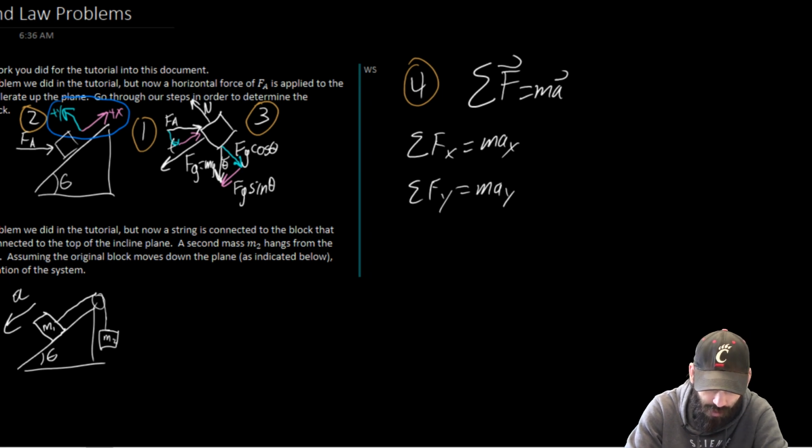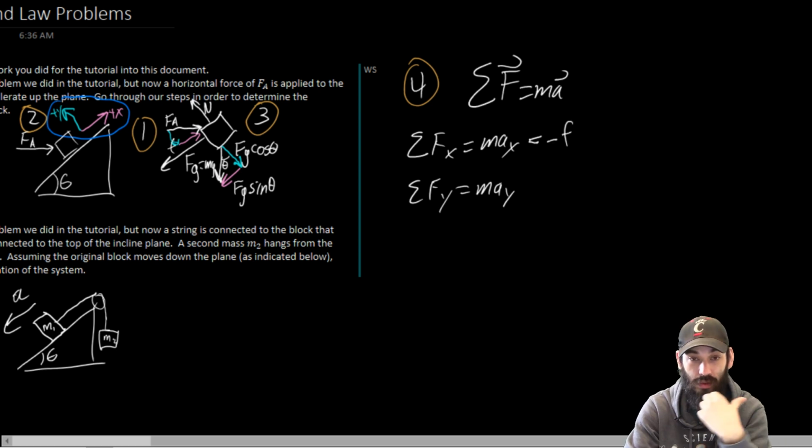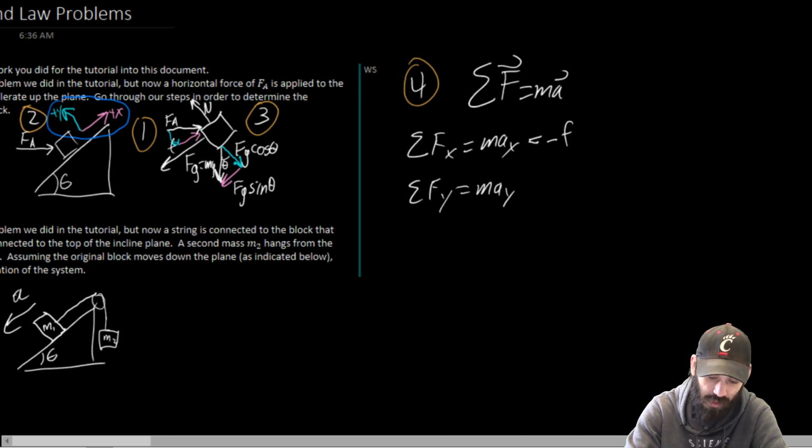In the x direction, this is going to be equal to minus the force of friction, because the force of friction goes in the minus x direction. We're going to have a minus Fg sine theta. Fg is mg, so this is going to be mg times sine of theta. And then we're going to have a plus